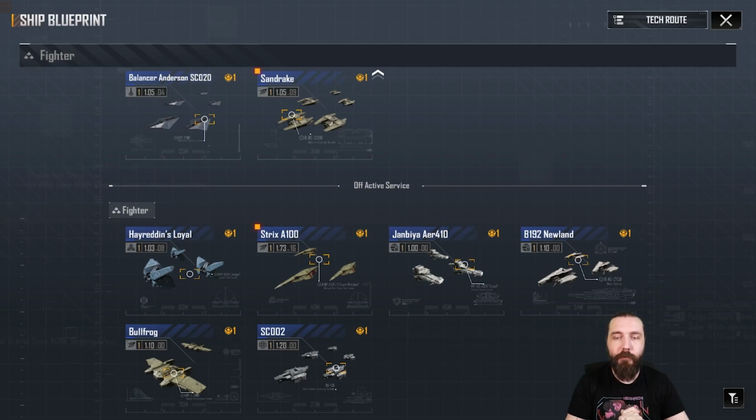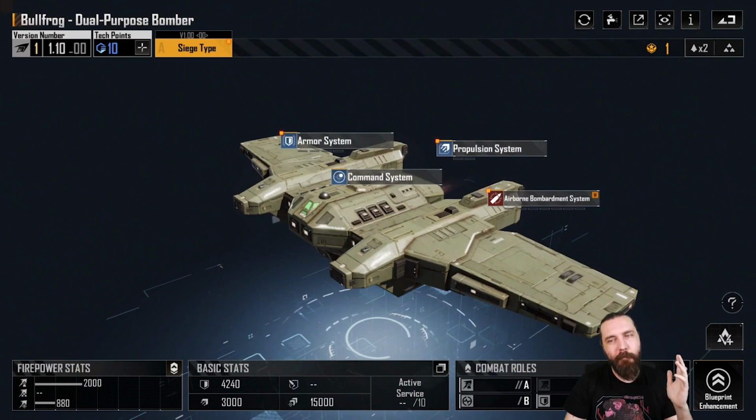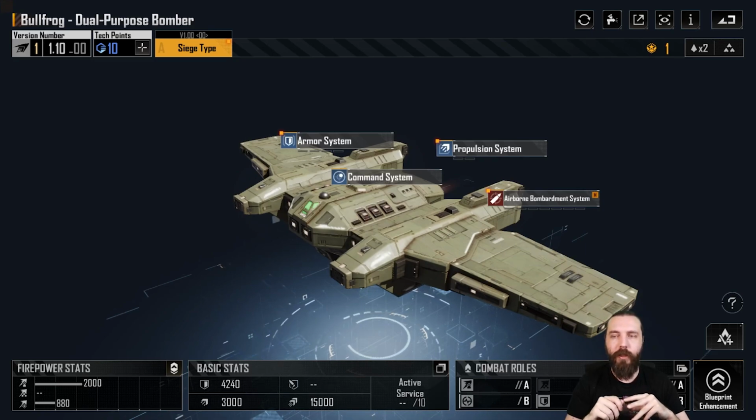Today, gonna jump into the Bullfrog. This will be a quick one as well. It's not completely redundant if you have things like Vetus B and Stingray. It still has a use, albeit a kind of niche use, in that it has still got fantastic siege damage,